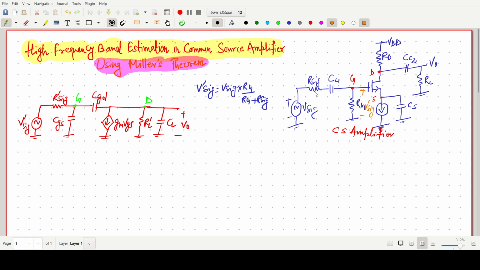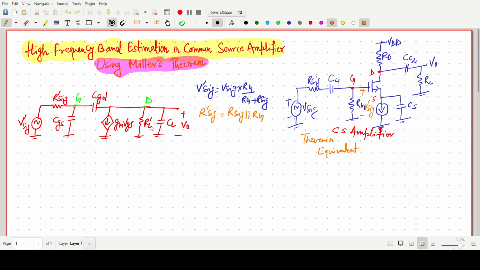Now similarly, the resistance, that is our R dash signal, can be found by looking from that side by keeping this one as a short one. Okay, it should be our R signal parallel with RG. For simplification purpose, that's why I'm writing this one R dash signal. We are just taking the Thevenin equivalent.